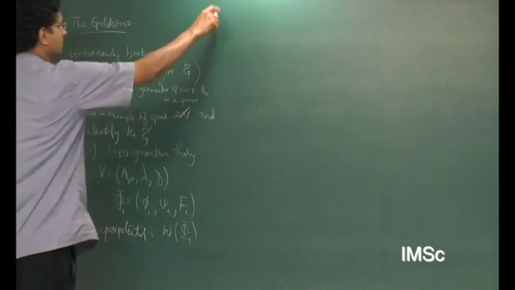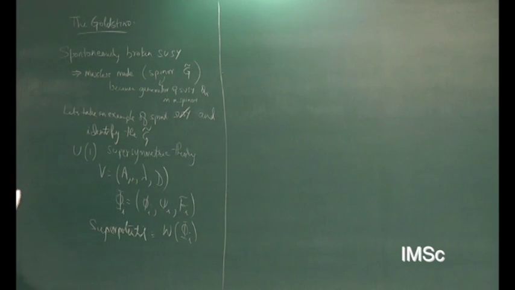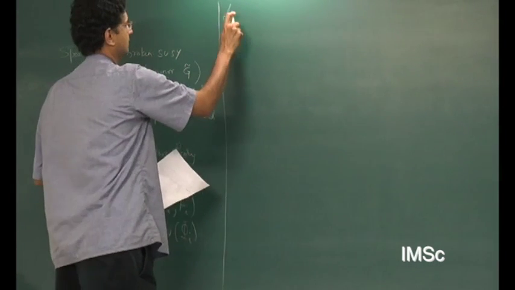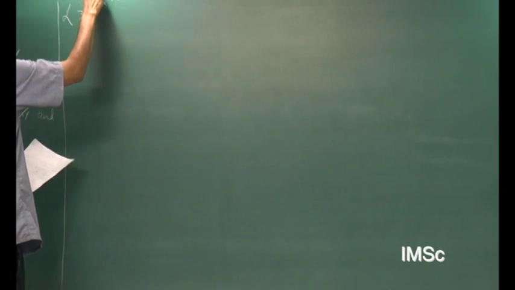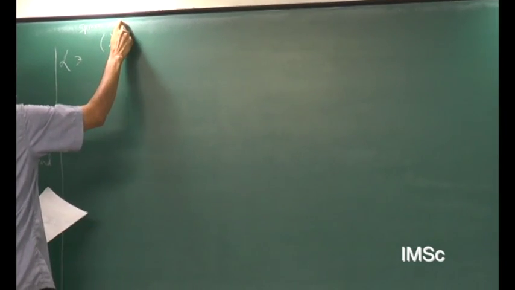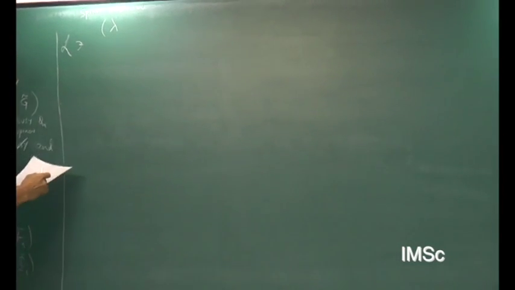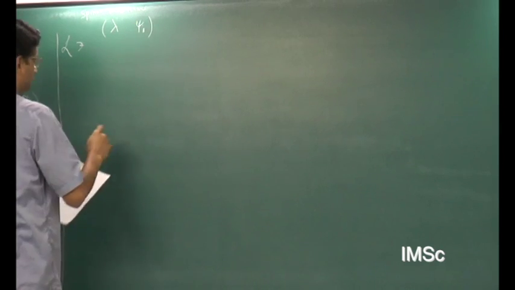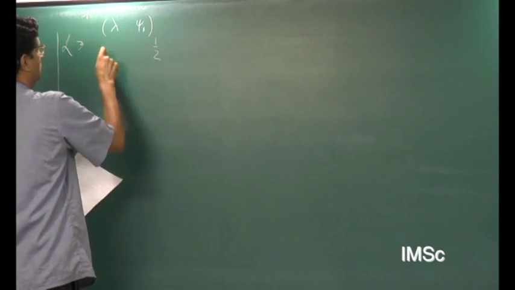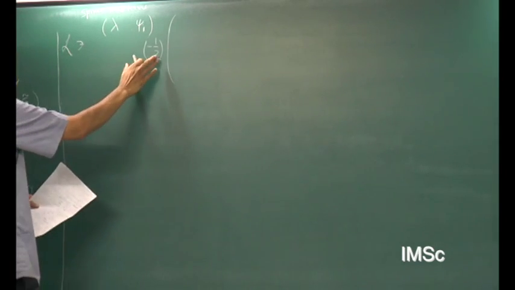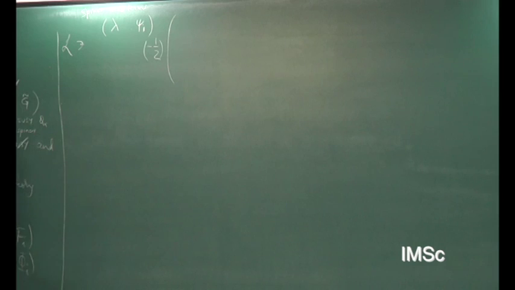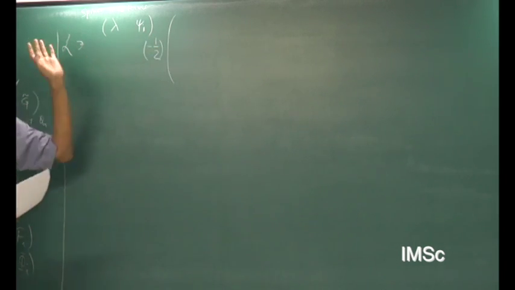Now we have seen how to construct a supersymmetry invariant theory, so I'll not bore you with all the details. You know how to do it. I'll just write down the Lagrangian terms that are relevant, the mass terms that I need. So let's just look at the spinor mass terms. There's a minus 1/2, a constant factor which I've pulled out.